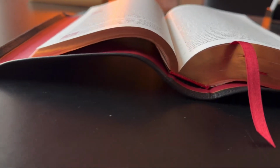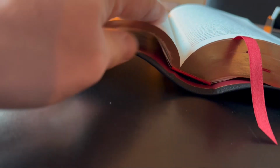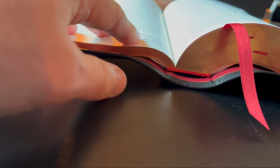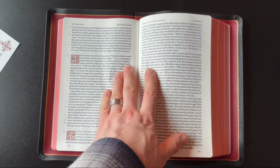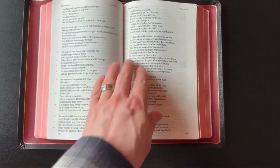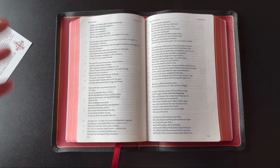You can kind of tell this edge line right here is poking up into the text block, and it's not allowing it to lay as flat as I would like it to. But hopefully, again, that loosens up over time. Opening it up to the center of the Bible is not as noticeable, but you will see here this Bible,